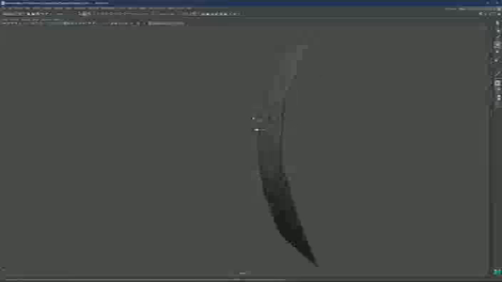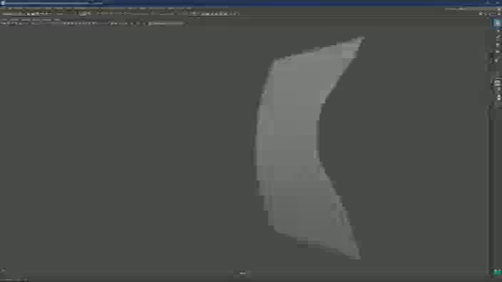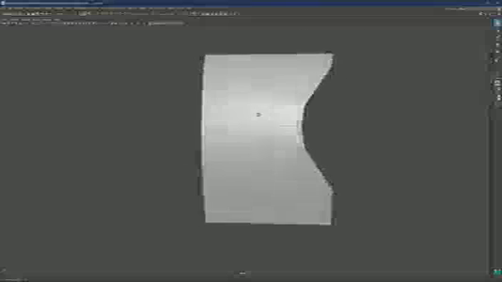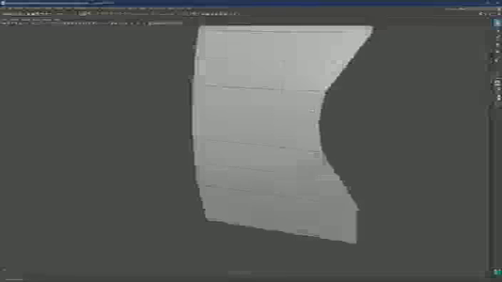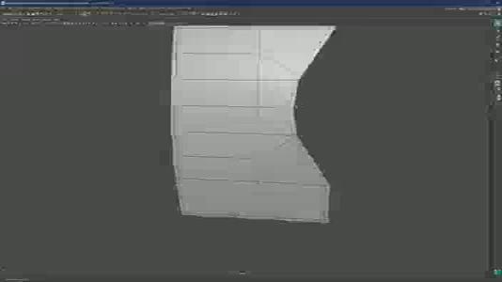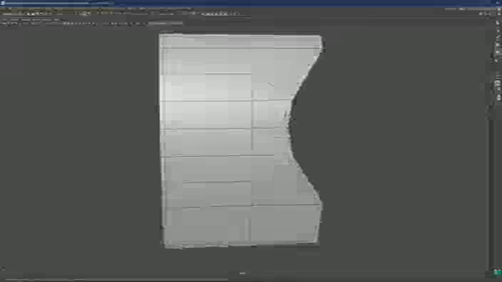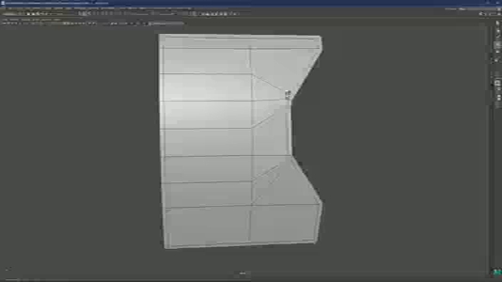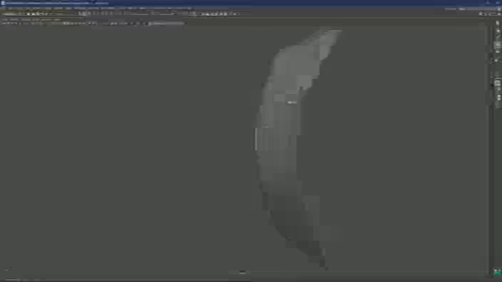If I go to edit edge flow, this is the edge that was originally there, if you remember. Same as on the other side, it was our structural one, and it was holding that curvature in one place. But since we decided to borrow this edge, what I want to do is push it, slide it up. Now we get that result.